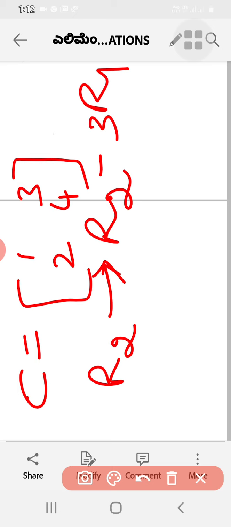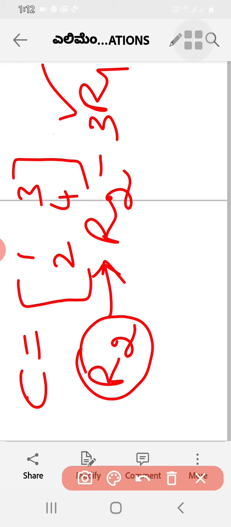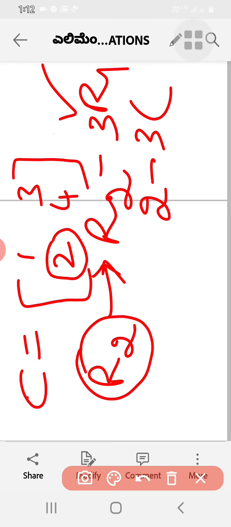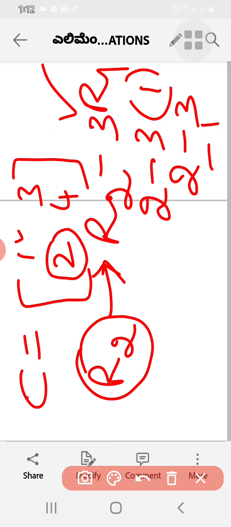Then what happens? So we have to work out here. I am applying this on the second row. That means the first row does not change. First let us try to understand this. R2 minus 3R1 means what? What is the first element of the second row here? 2. 2 minus 3 into, what is the first element in the first row? That is 1. So that is 3 into 1. So that will be 2 minus 3, that will be minus 1.